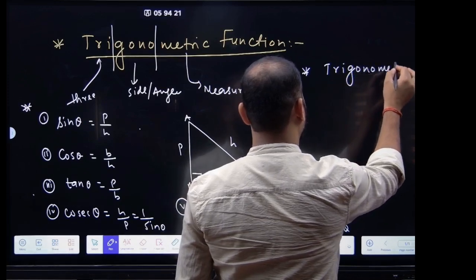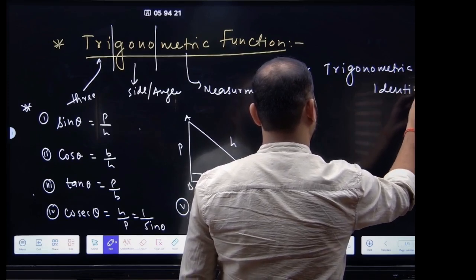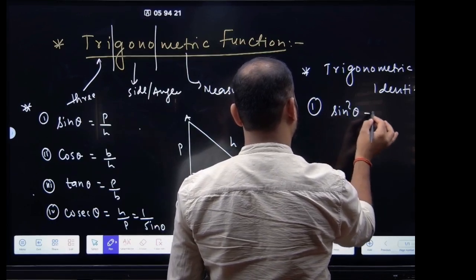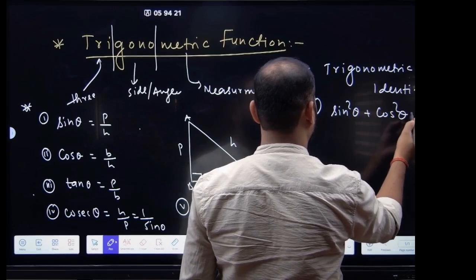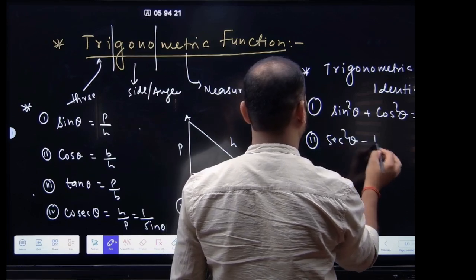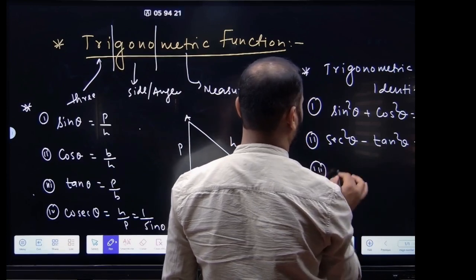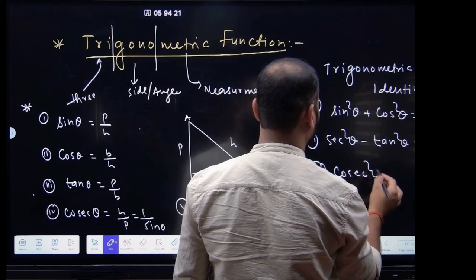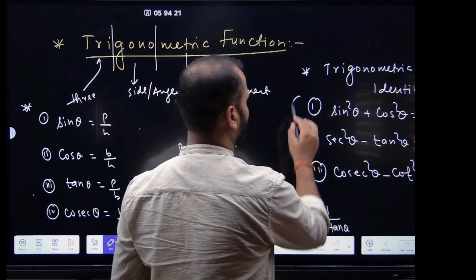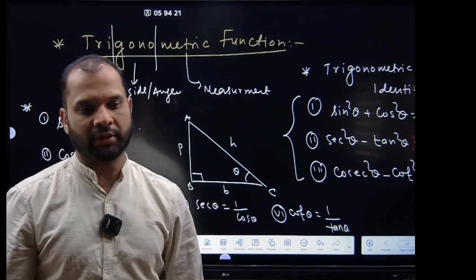Trigonometric identity. What is this trigonometric identity? So first one is sine square theta plus cos square theta will be nothing but 1. Second one is secant square theta minus tan square theta is equal to 1. And the last one is cosecant square theta minus cot square theta is equal to 1. Do you know all these three trigonometric identities? So this you should know, this you should know. Based on this,